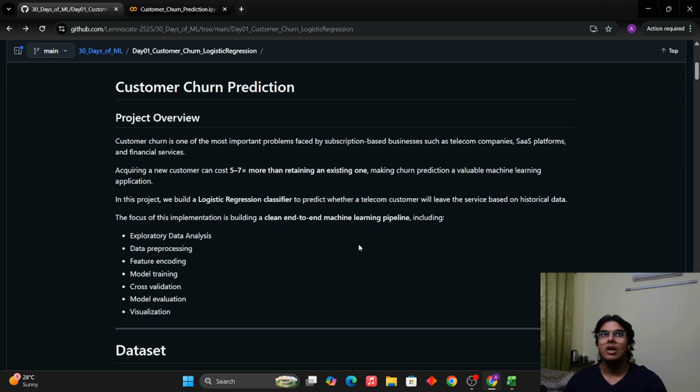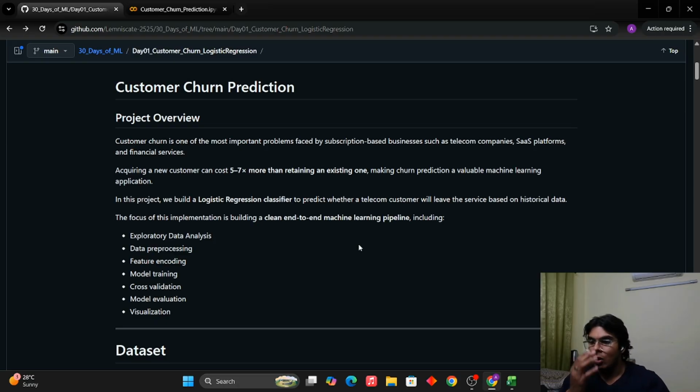What happens is that customers are not that easily replaceable, contrary to popular belief. Getting in a new customer is 5 to 7 times more expensive to the company than keeping an older one, which is why it becomes vital for all of these telecom companies and organizations to try and keep as many customers as they can, whilst also predicting a rough estimate of the customers that might leave. Specifically, the customers who leave are called the customers who churn. The customers who stay with the company for a longer period of time are called the non-churners, and the customers who leave are called the churners.